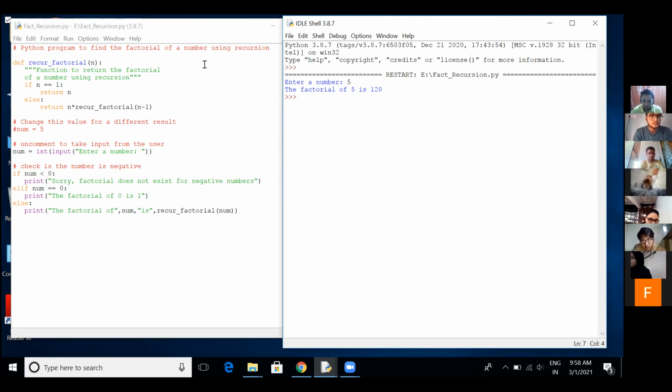Zoya, have you understood my question? You have that condition in your program, in the recursive function. Yes, sir. If n is equal to 1. This is your terminating condition, and it should be there everywhere. Otherwise, it will go into the infinite. Hope you have understood. Stop sharing. Good work.